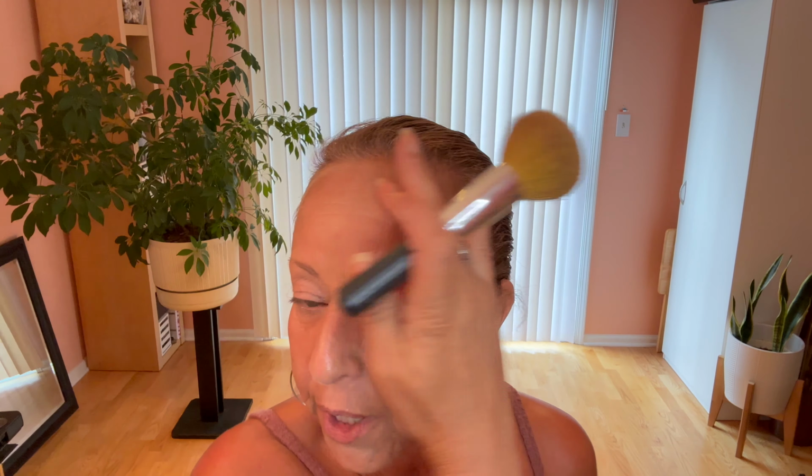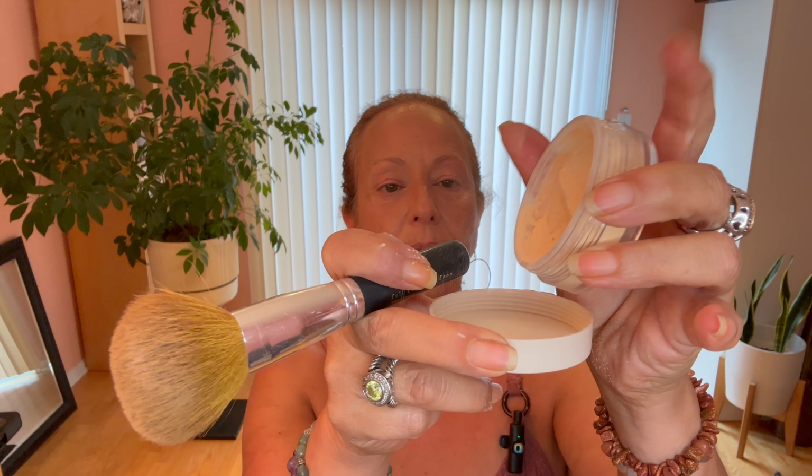How to use this is nothing crazy. It is typical. It is normal. What I do is a little bit in the lid at a time. And then you swirl the brush into the lid. You get just enough. And then you can do a gentle brushing over for your T-zone. Definitely feels better after a light dusting. So another little bit,